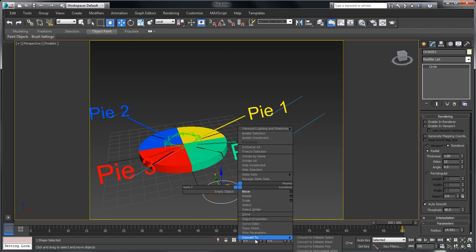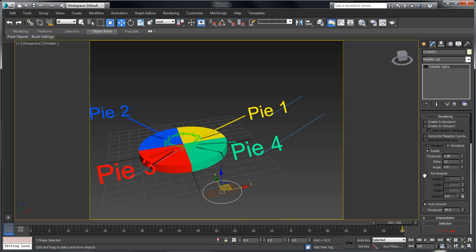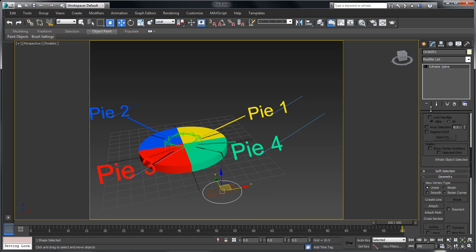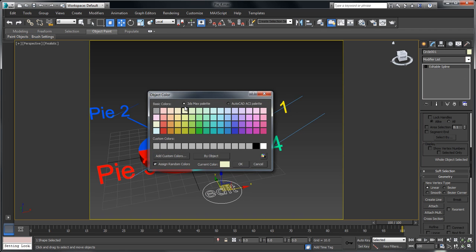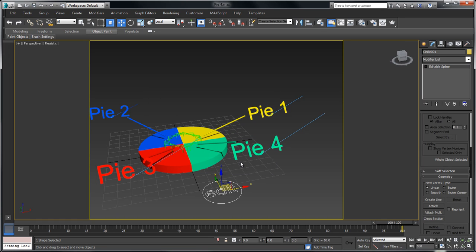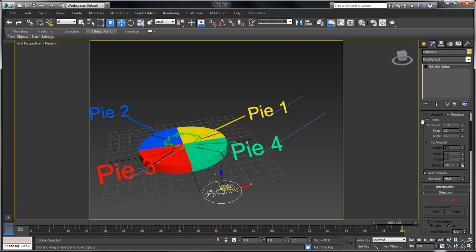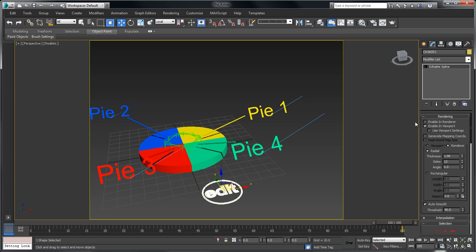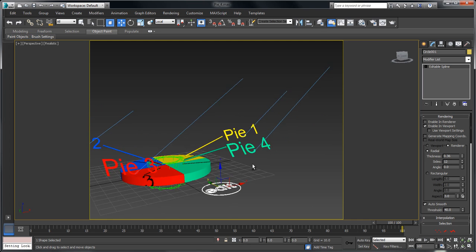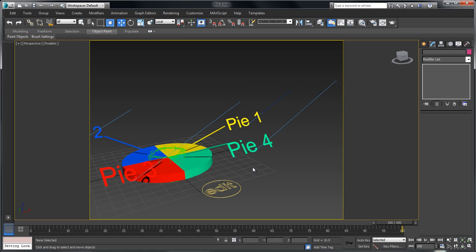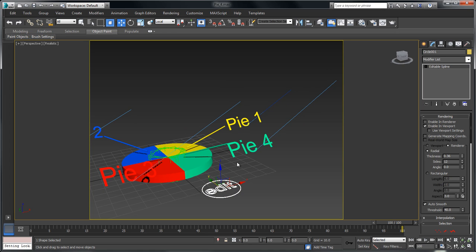So I'm going to convert that one to an editable spline. And when it's an editable spline, I'm going to go and create and just attach it so that it's a single geometry. I can change the color to yellow, and like I said, it's just a preference. And then I can go back here and say enable in viewport. I'm not going to enable it at render time, and I'm going to reduce the size here so that it's easily seen in the scene. So now you can see we have our edit node. It's right there in our scene, and we're going to be able to select it